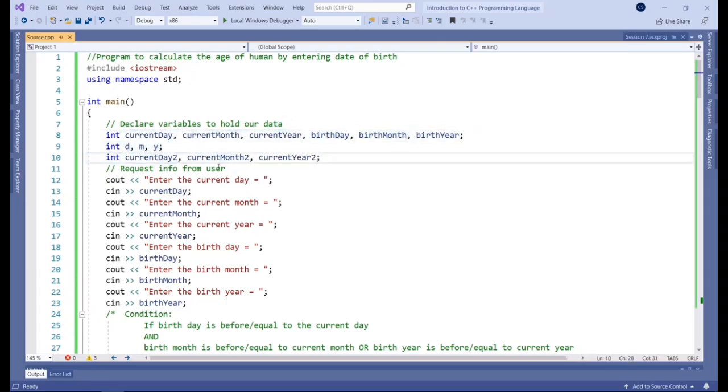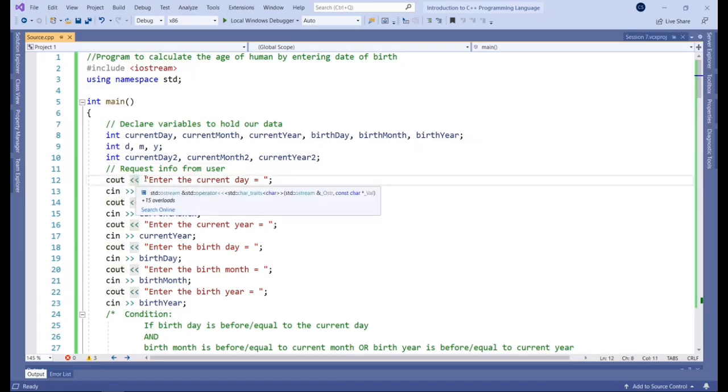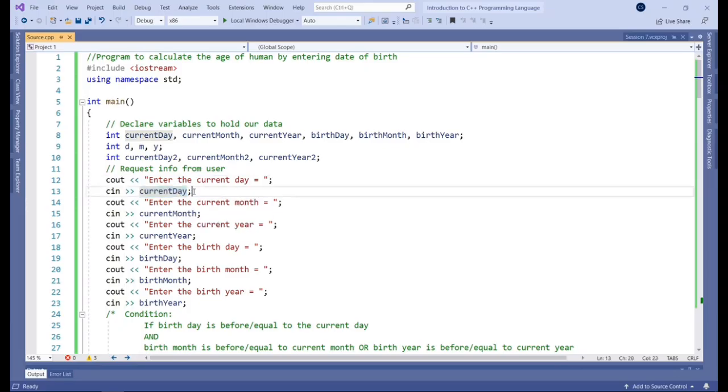So after that, we want to request that data from the user. We want to then collect it, right? We want to store it. So we're using the cout object and the insertion operator to print out this message here on the screen: enter the current day. Then the cin object and the extraction operator store that into the current day variable, okay?